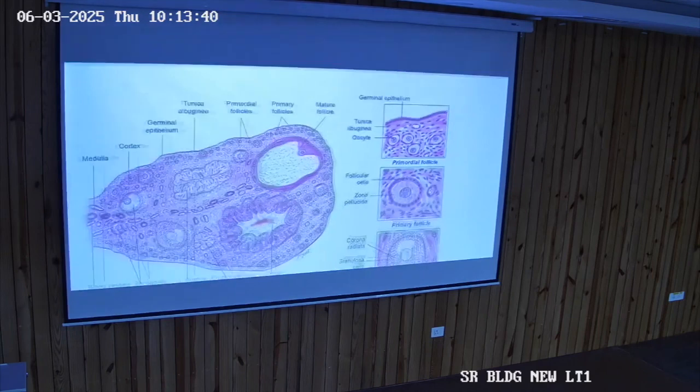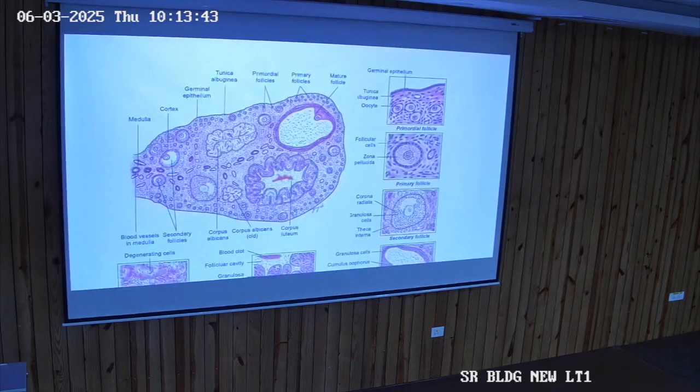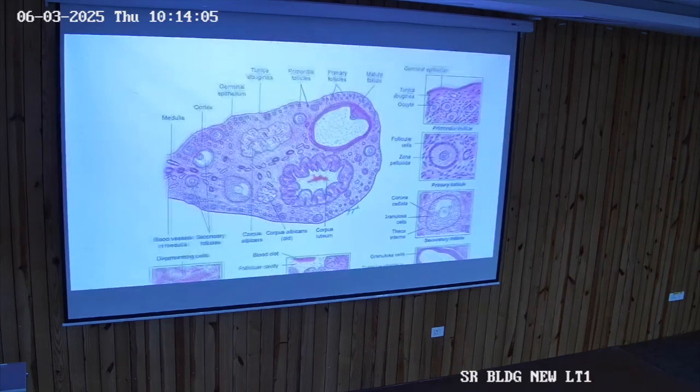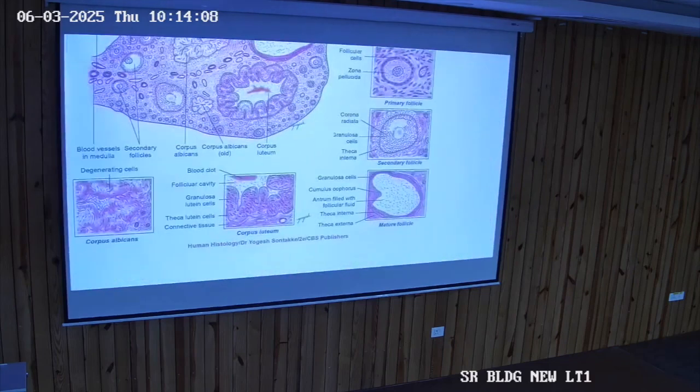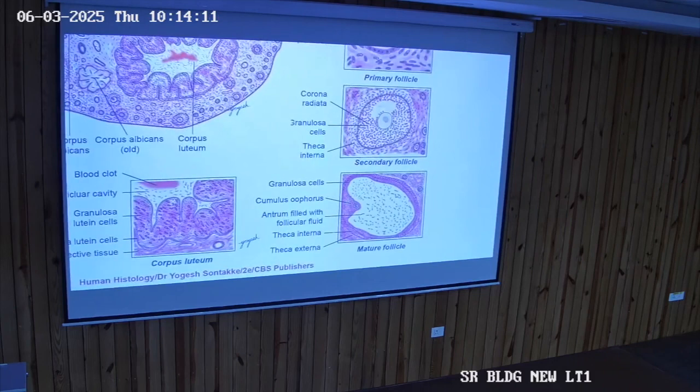Then the secondary follicle. The size of the secondary follicle again increases. These are the secondary follicles, which have the antrum. If the cavity is present, it will be called the secondary follicle. Now the size of the secondary follicle and the Graafian follicle is not similar. It will again increase in size. So this is the size of the Graafian follicle, where the cavity has increased and the follicle has been pushed to the periphery. So this is the Graafian follicle.